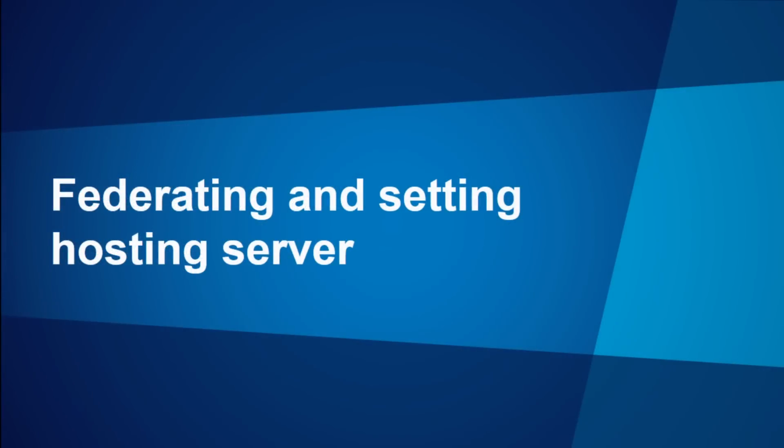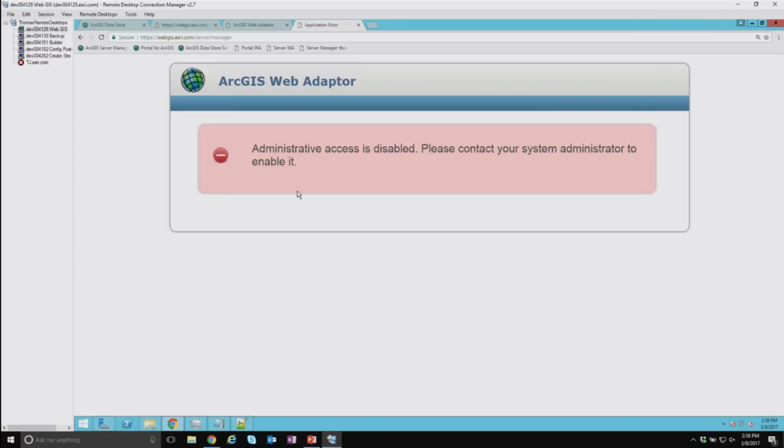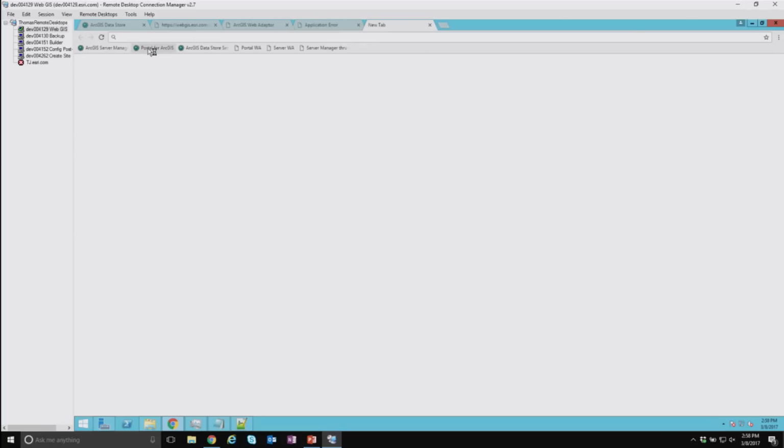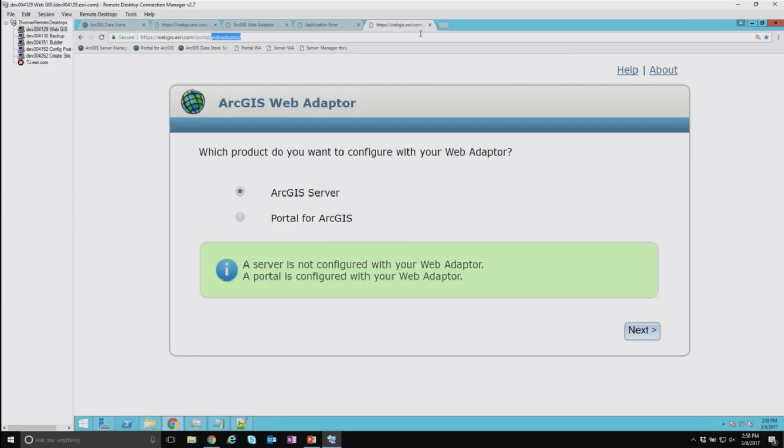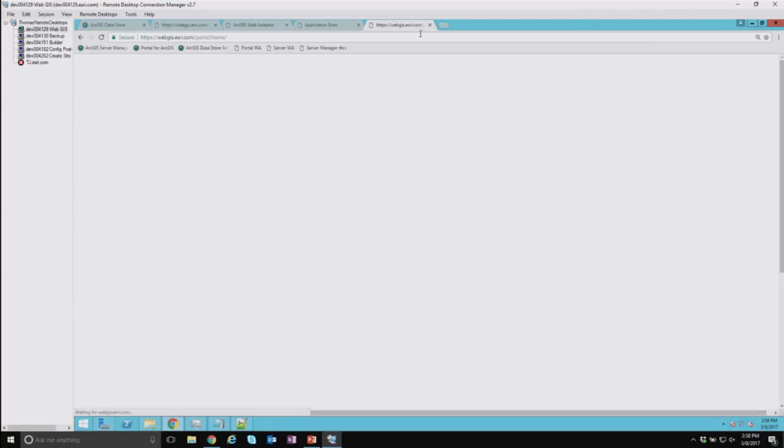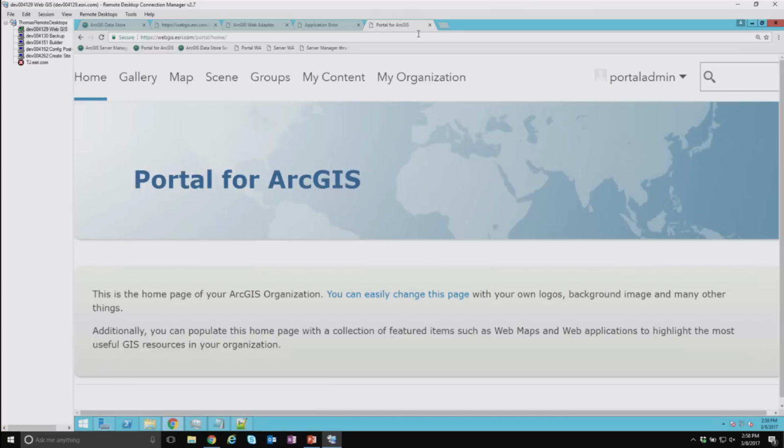So what I'd like to do now is go ahead and actually run through federation. Let's get this to duplicate. Here it goes. So on the site that Thomas has registered the web adapters and registered the ArcGIS data store,